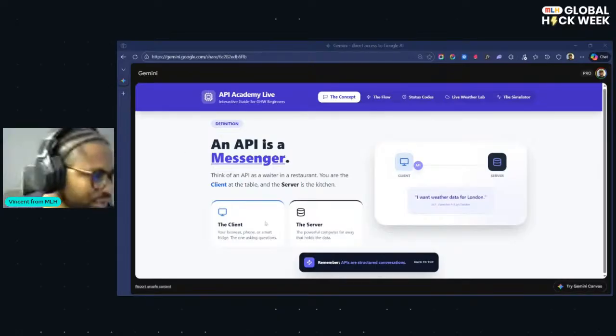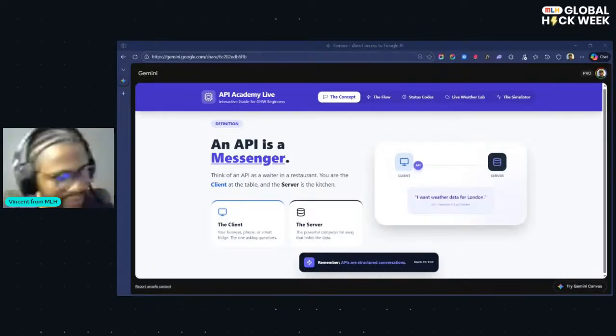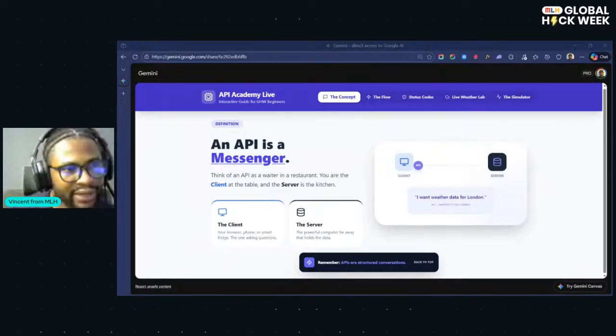So the client, if we bring it back to technology, the client is like your browser, your smartphone. You are asking a question. You are asking, do this. When you go to a URL, when you go to your browser and type in netflix.com or google.com, you are actually making an API request. So whatever returns to you, the API is returning a response back to you. So that is simply basically what API is. It's all about a messenger, a request and a response.